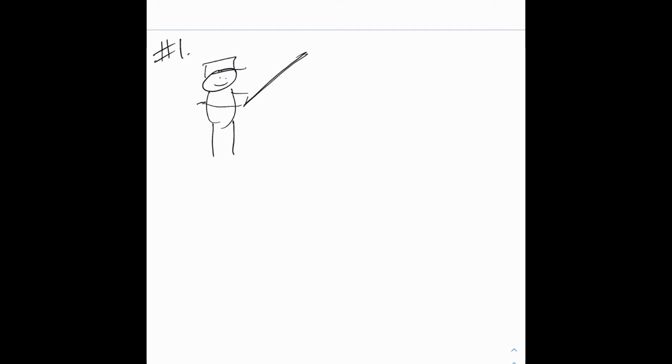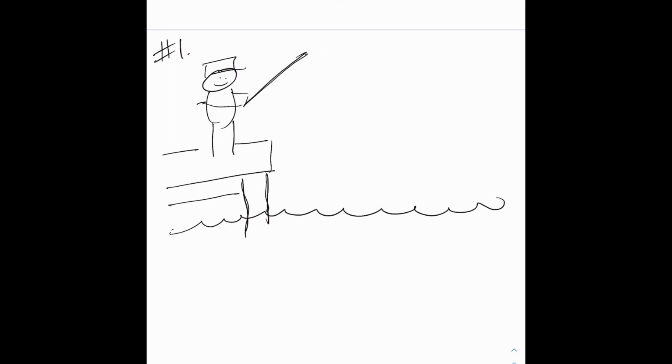Maybe they're fishing at the end of a pier. We have some water here. And a fishing line. And a tire. Okay, so